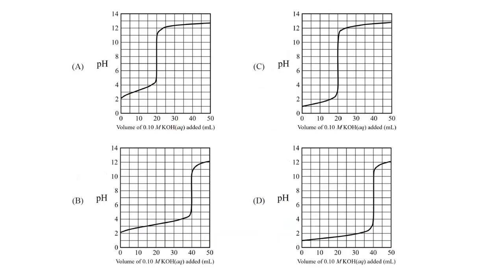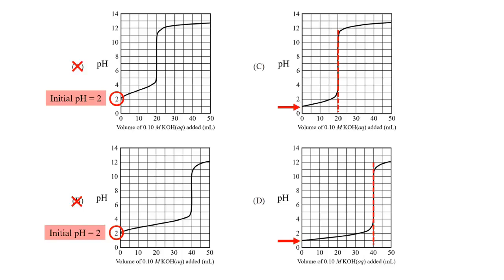So let's go ahead and analyze these 4 graphs. Choice A, initial pH is 2, but I'm looking for an initial pH of 1, so I can eliminate choice A. Moving on to choice B. Again, initial pH of 2, I'm looking for an initial pH of 1, so I can eliminate choice B. Now, with choices C and D, the initial pH is 1 in choice C. Again, the initial pH is 1 for choice D, so those are potentially correct, but now look at the location of the equivalence point. In choice C, it's exactly where it should be, 20 milliliters, but in choice D,